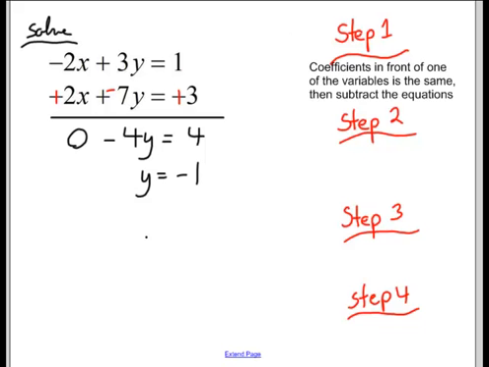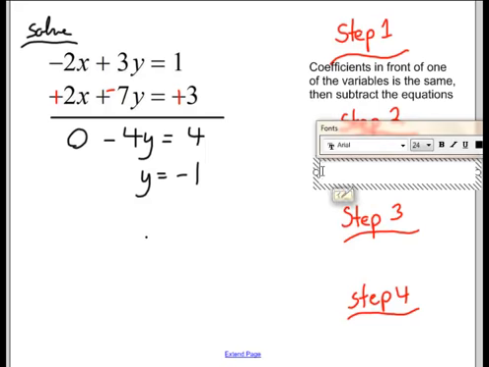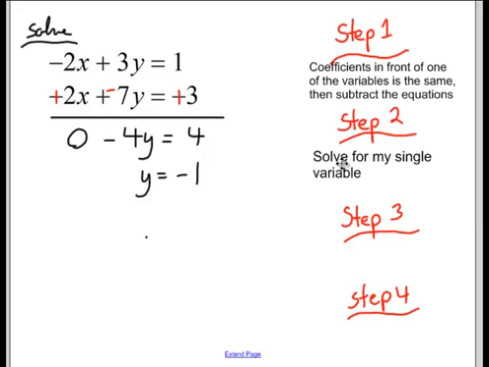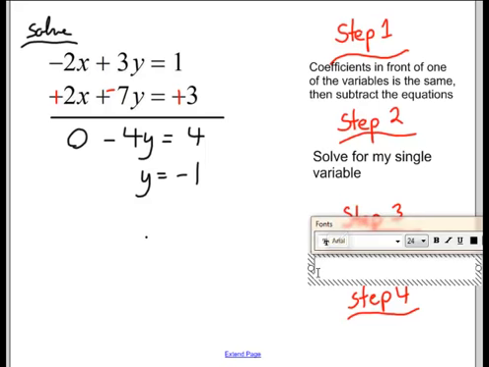So after I subtract the equations, this step is simple. I'm going to solve for my single variable that I have left in the one equation, and that's using algebraic techniques. Now this is step 3. Step 3 and step 4 are the same as the steps from the substitution method. Now that I have this, step 3 is I can use this solution